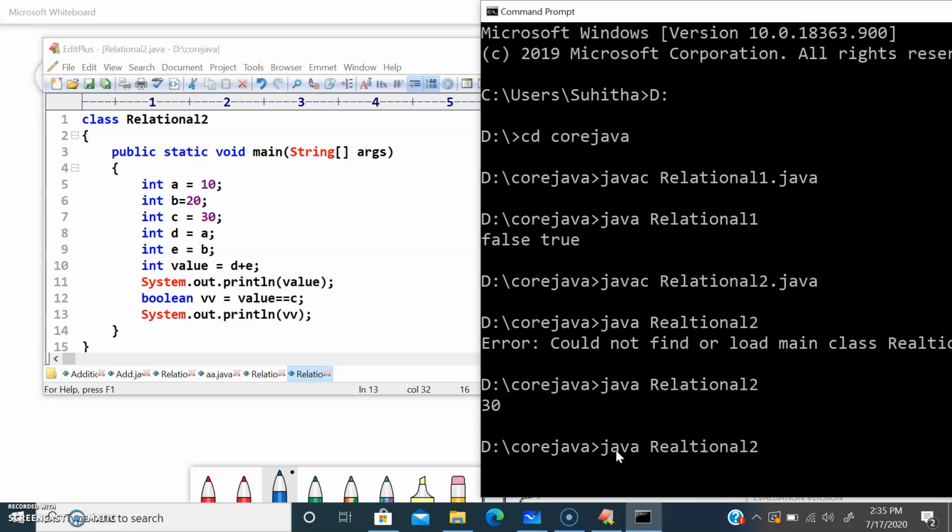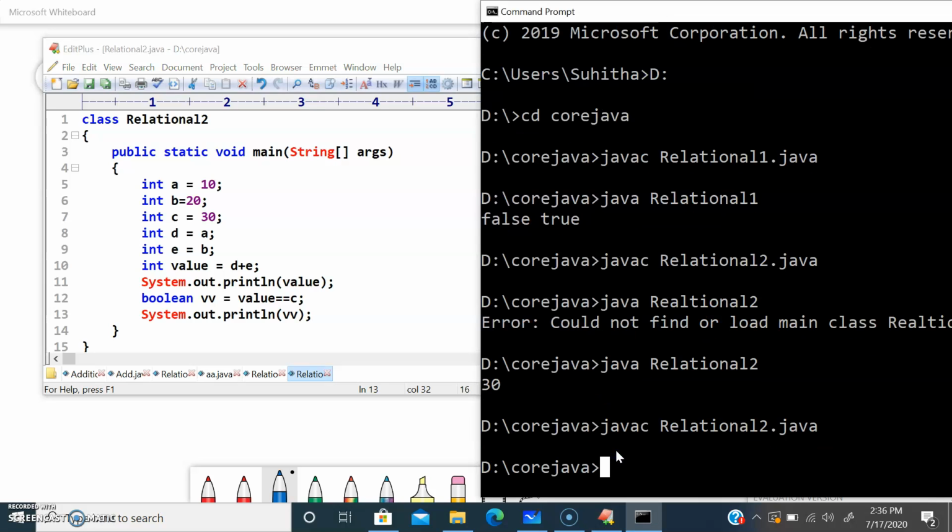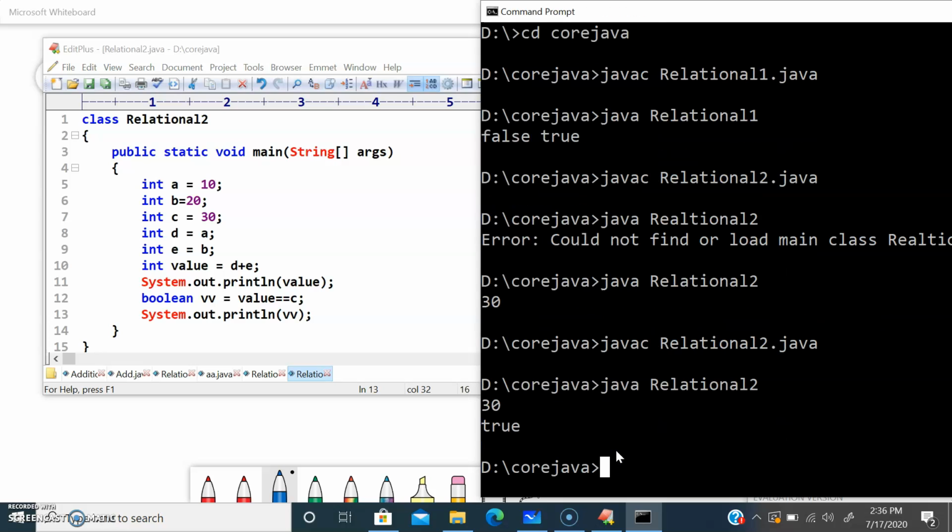Let me call the compiler over here. See, first it is printing 30 and then the VV value. What is the value over here? 30, right? D plus E gives me an output of 30. 30 is equal to C. Yes, C also carries 30 here. So your condition is satisfied, so it's going to give you the value as true.